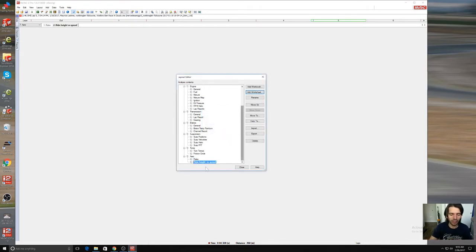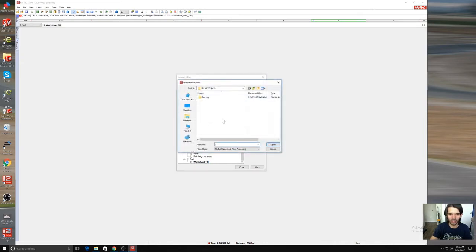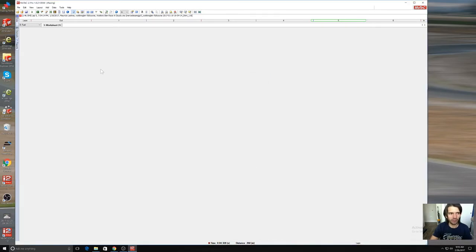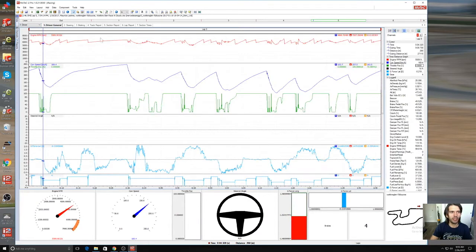So there you see how you would do it. I mean, you could add another workbook, fuel, even though I think we already have one that's for that, and then new worksheets. So you get the idea. You can import and export, so that's the case where maybe you downloaded something from somebody. You could also just drop it in. There's different ways of going about it. But what I want to do is I want to go to drivers. Usually,